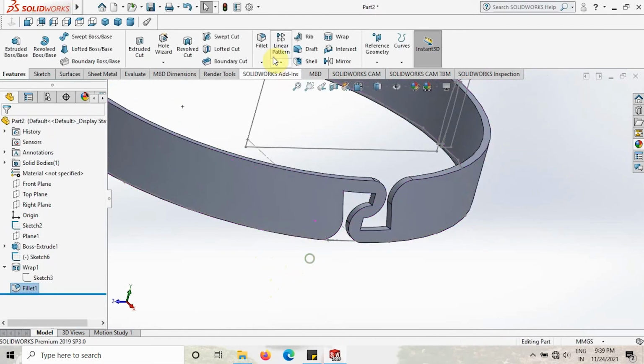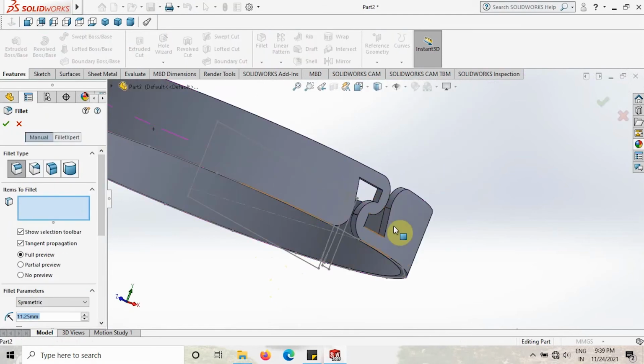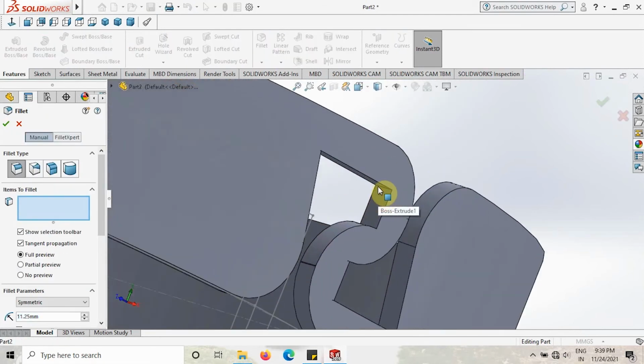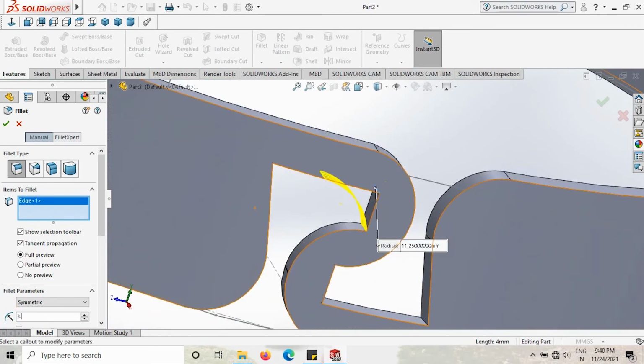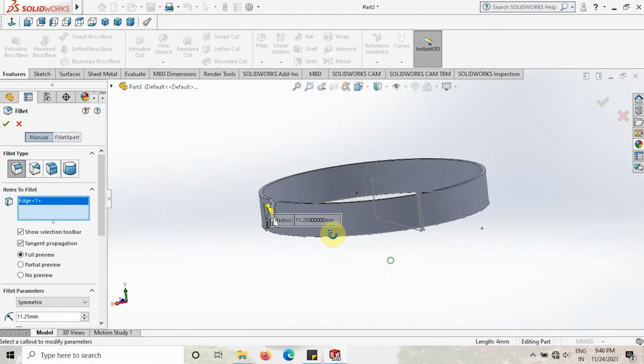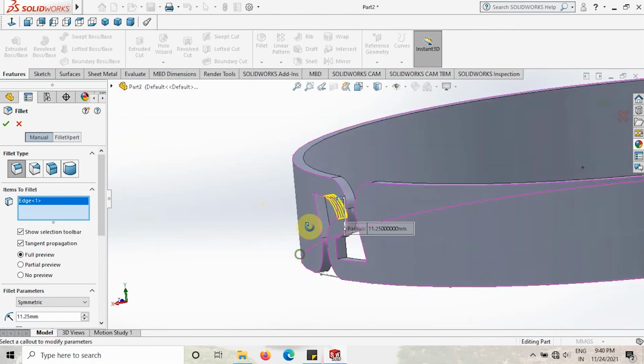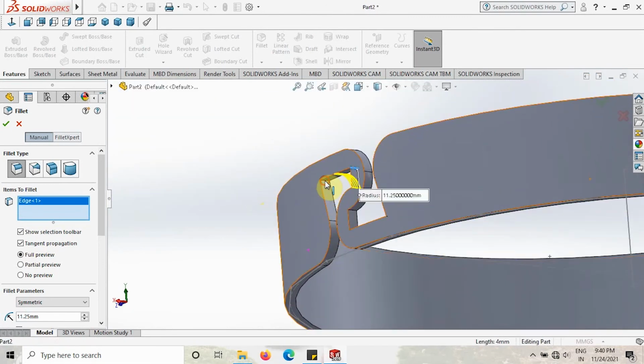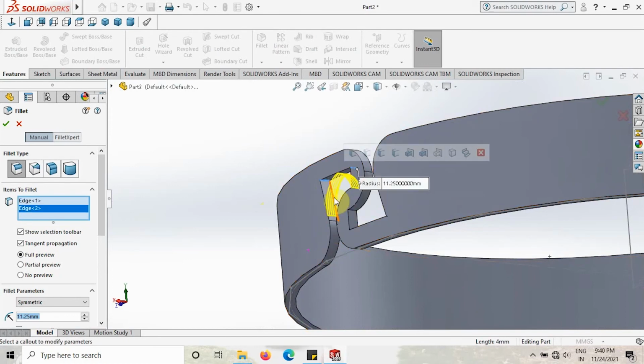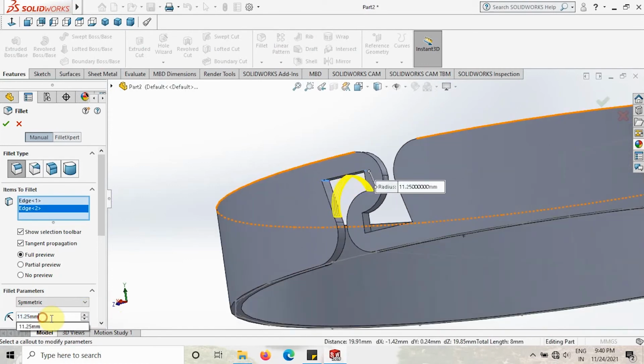Again take the fillet option and then select the rest of the edges. Give this radius value as 3.75 and then select the rest of the edges. I think the radius is not changed.